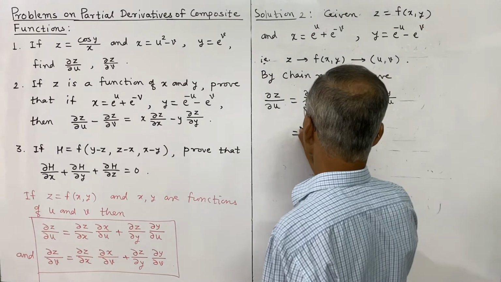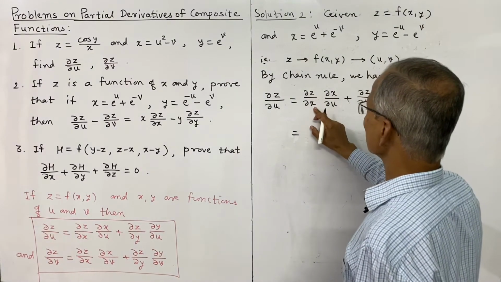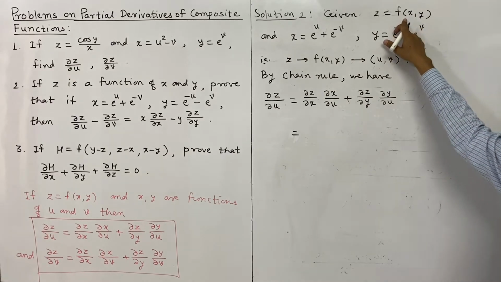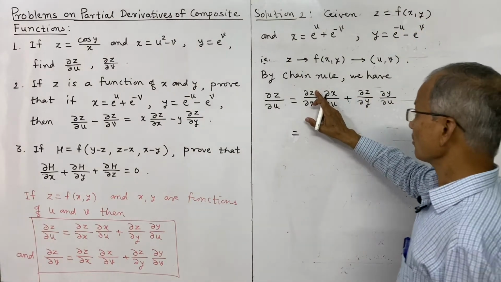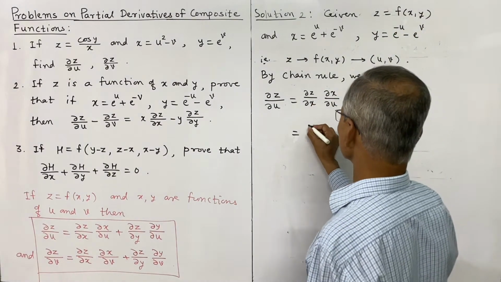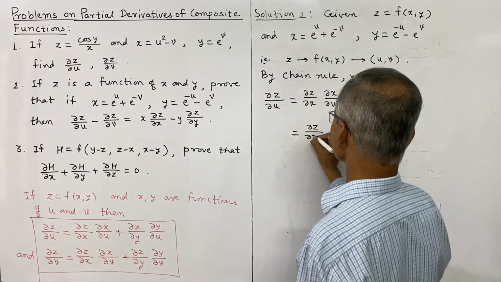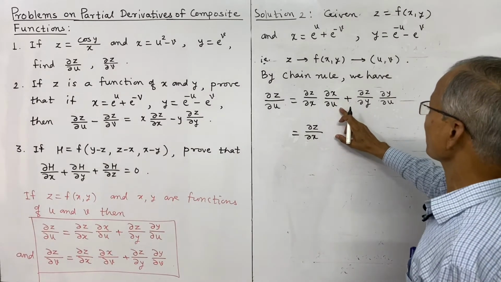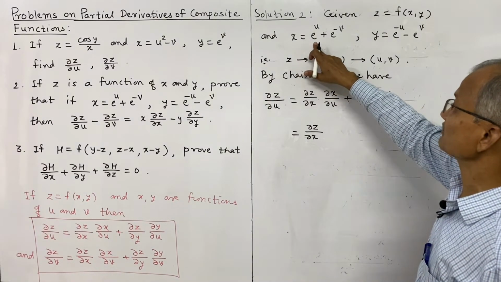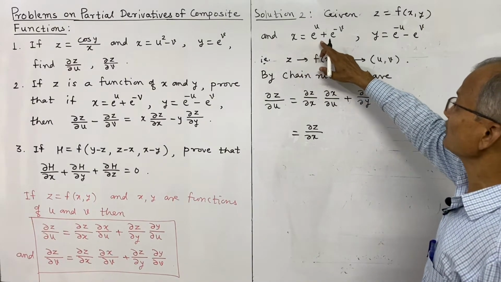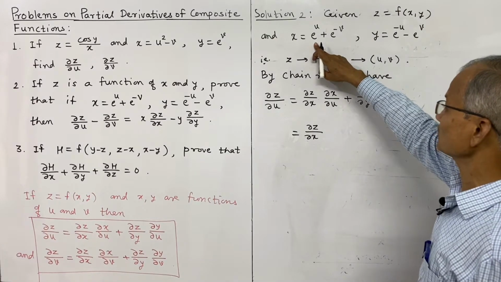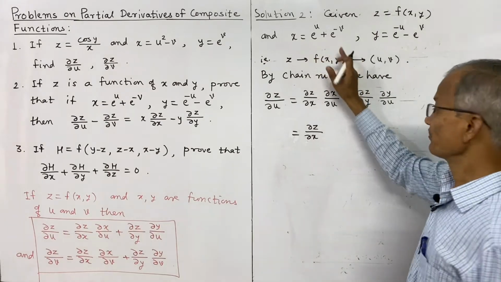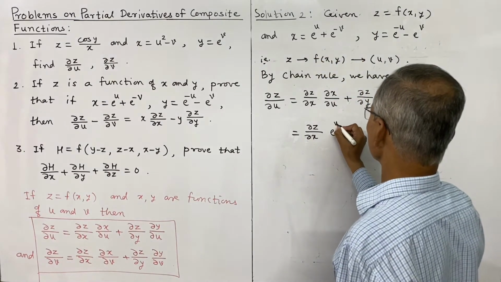So this is equal to, what is the partial derivative of z with respect to x? Z is given as only a function of x and y, some function, and therefore we don't know what is the exact value, and we shall write this as it is. Note this, dou z by dou x. And what is the partial derivative of x with respect to u? See, partial derivative of x with respect to u will be e power u only. This derivative will be 0. So it is e power u.